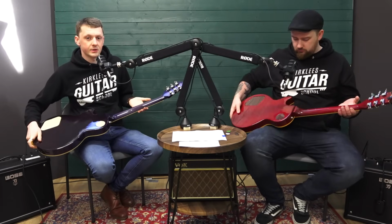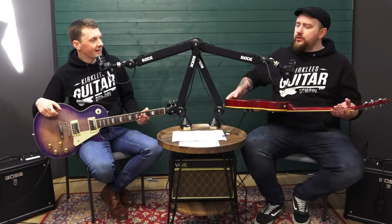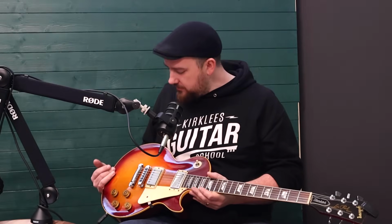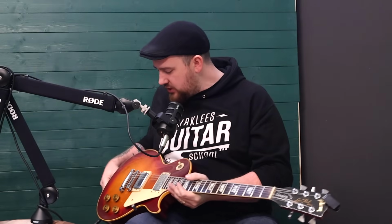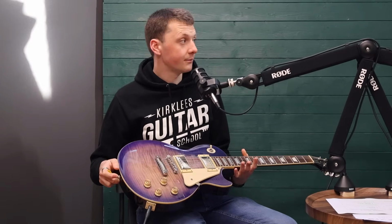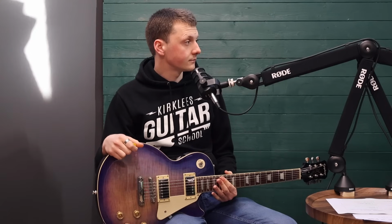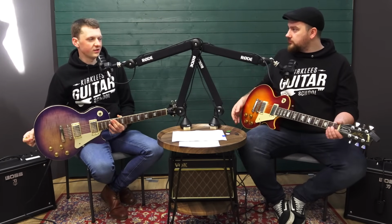Now, a proper Gibson Les Paul will have a triple A maple flame top. Well, no, they don't, do they? No, because I wouldn't describe the top of this guitar as being triple flame. I'll just get it so you can see it in this camera. I know we've got the lights in the studio, but there's not really a lot of flame in this top. This one, there is more flame. That'll be a selling point for that guitar, an upsell from a standard. If this was just red or in sunburst or something...